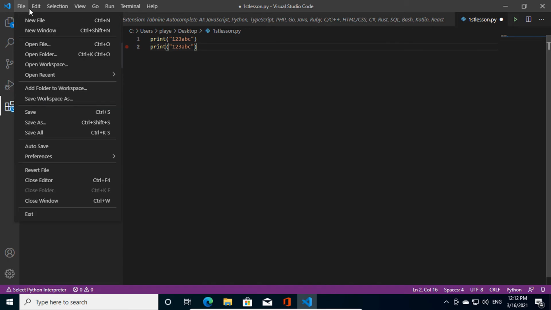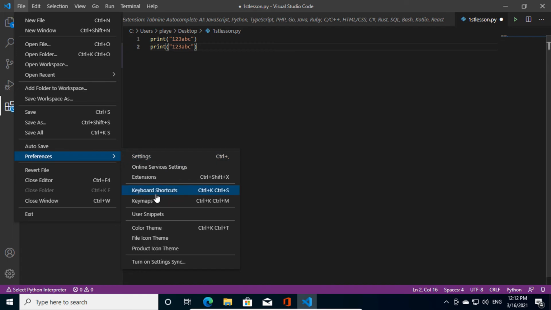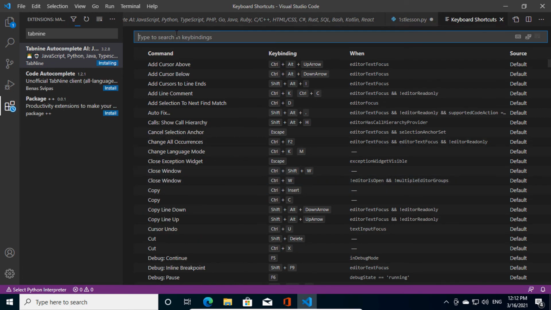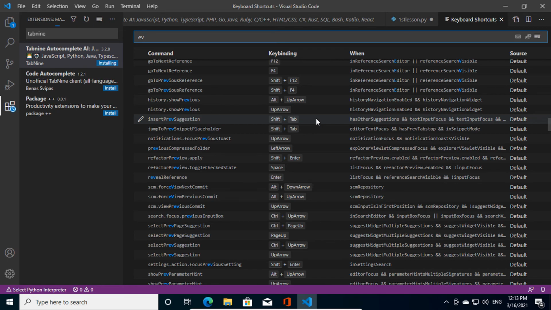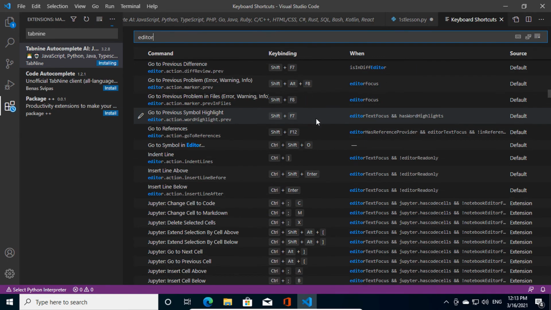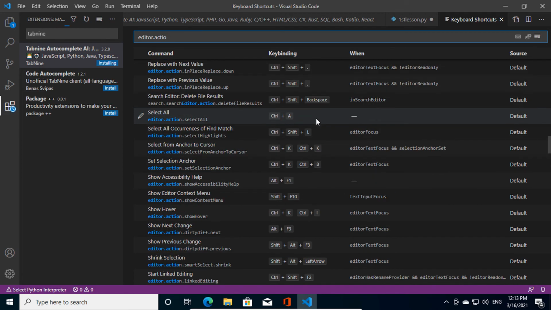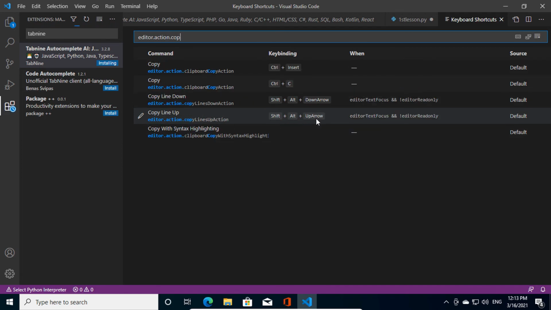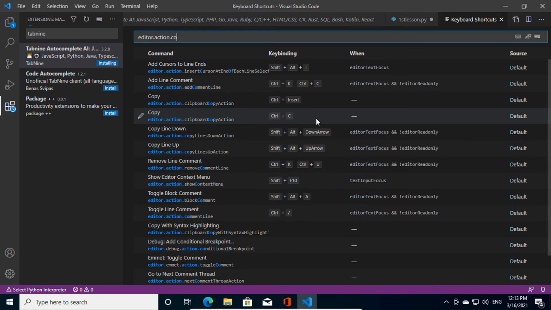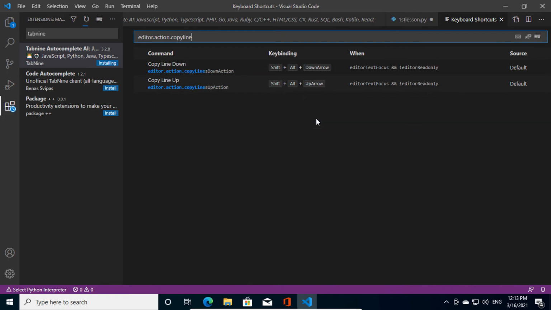Go to File, Preferences, and Keyboard Shortcuts. Here find Editor Action, copy line up action.